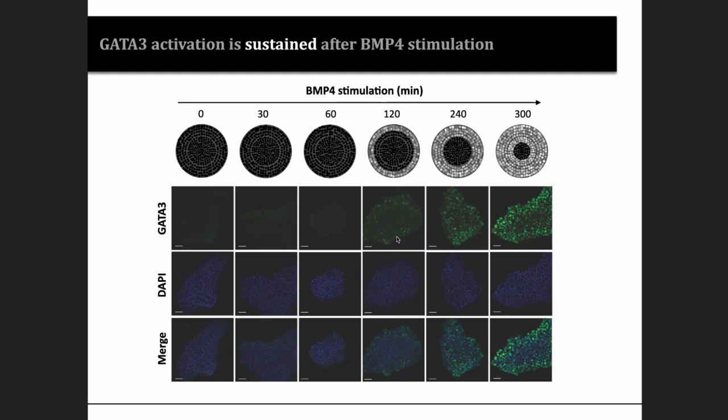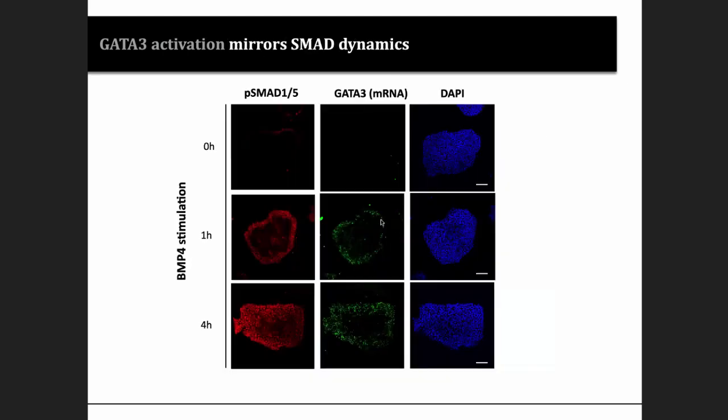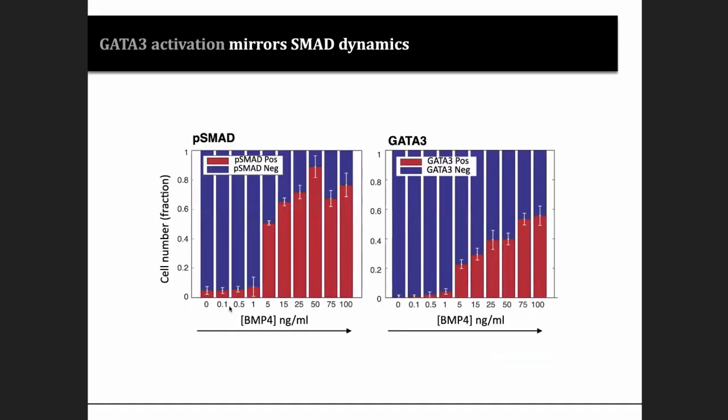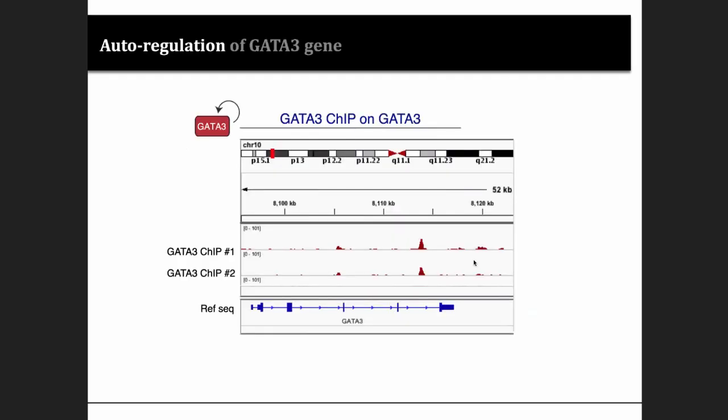But importantly, it had the same periphery versus inside of the colony spatial activation or expression as SMAD activation. And in fact, every time we see GATA3 at the mRNA level, we saw expression or activity of SMAD. The same dose of BMP that is important to activate SMAD is exactly the same that leads to expression of this gene. So these early genes, not only GATA3, but this little cluster of genes, are actually mirroring completely what happens in upstream signaling. So that was very interesting.